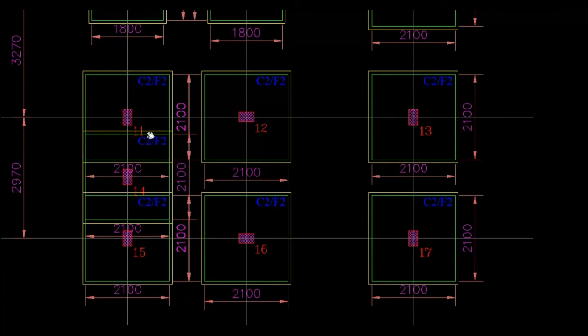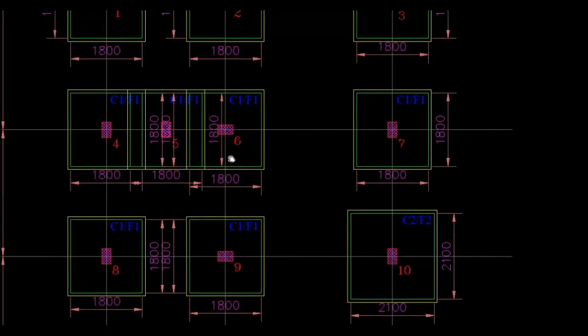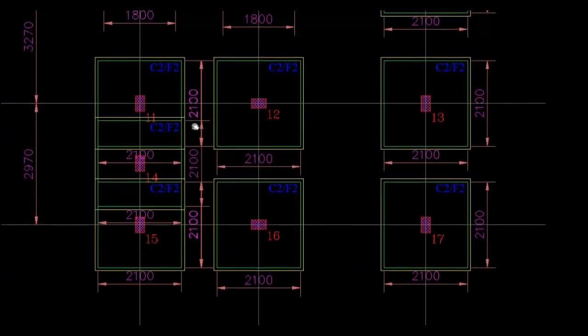See here, 11, 14, 15 footings are overlapping. We will convert these into one combined footing. So 4, 5, 6 I designed as CF1, and 11, 14, 15 as CF2.